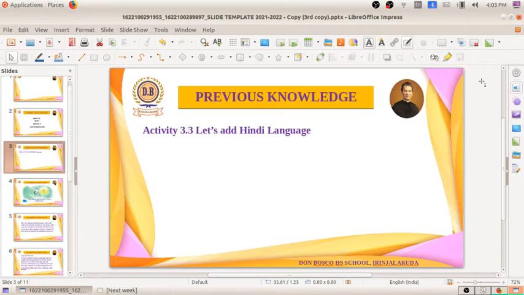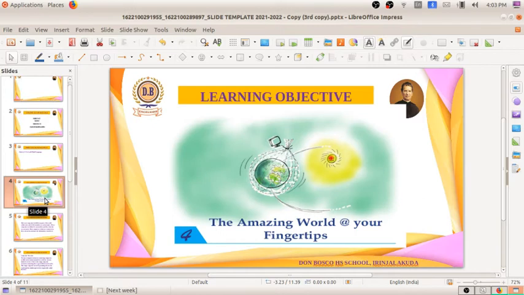We saw the InScript keyboard layout of the Malayalam language, and also studied how to type words in Malayalam. We studied Chillaksharangal, Kootaksharangal, and different Malayalam fonts, and also the last activity, how to add Hindi language. So we are moving to the next chapter.